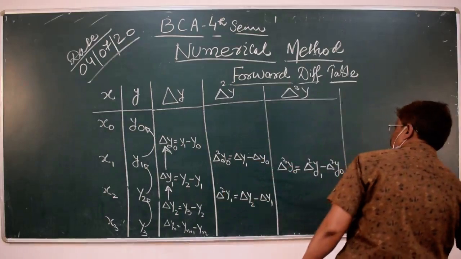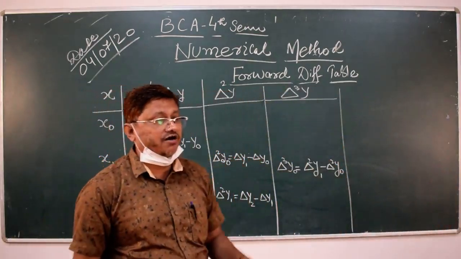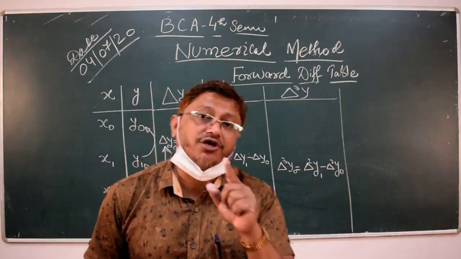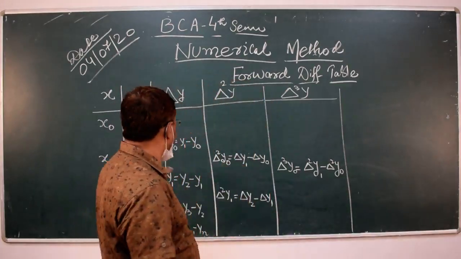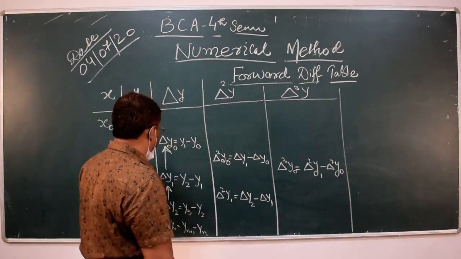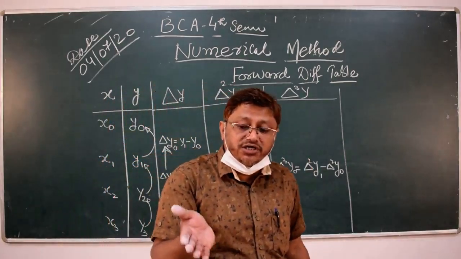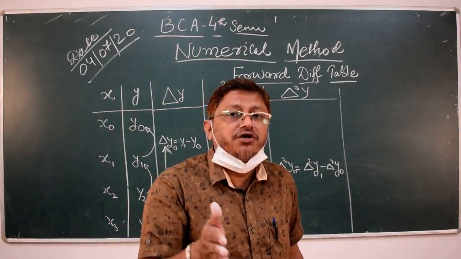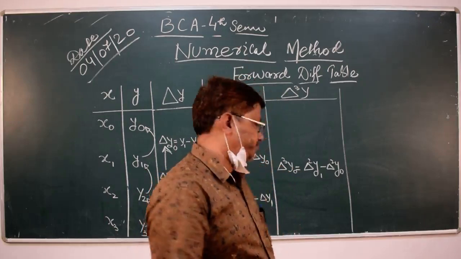In the backward difference table, the values after subtraction, the differences, are the same; only the operator changes. The value of the difference never changes. Why? Because the position of the subtraction remains the same, so the value will not change. Y1 minus Y0 also lies in backward.